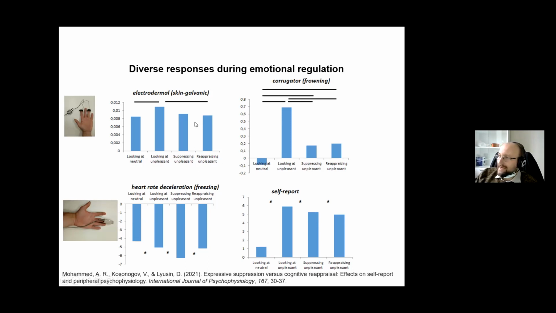So in our case, we saw that skin galvanic response between suppression and reappraisal, and the corrugator response between suppression and reappraisal, are the same. In heart rate, we see a much greater activation or deceleration, yes, in response to suppression. And here we refer to the theories, once again, of the relationship between heart problems and stress or bad coping, which says that even when we try to suppress our emotions, and we do it